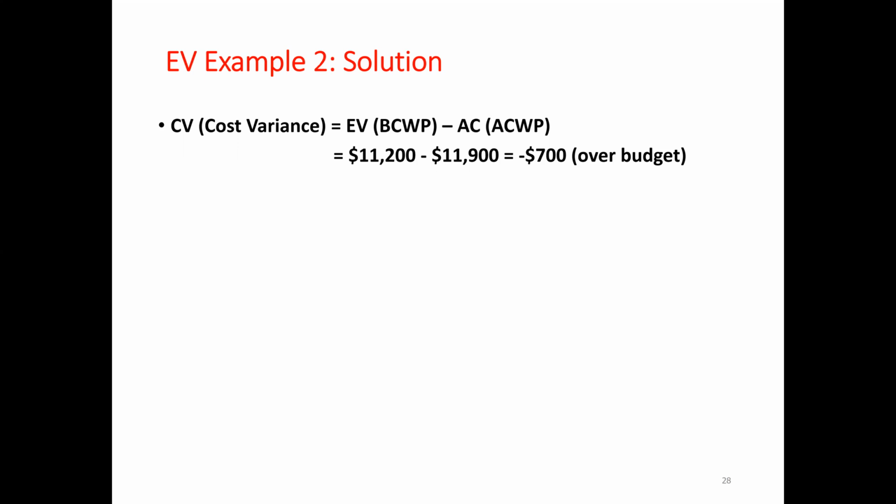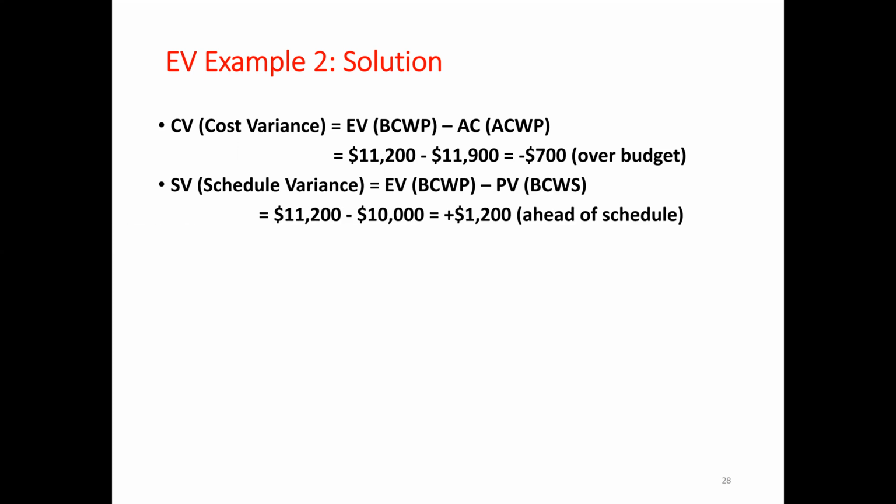So it means that EV is less and AC is more. We are getting less and we are spending more. So we are over budget. The negative value indicates we are over budget. So similarly,